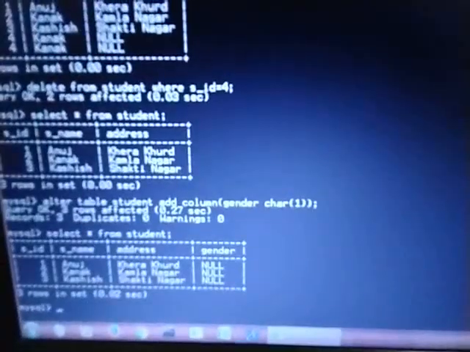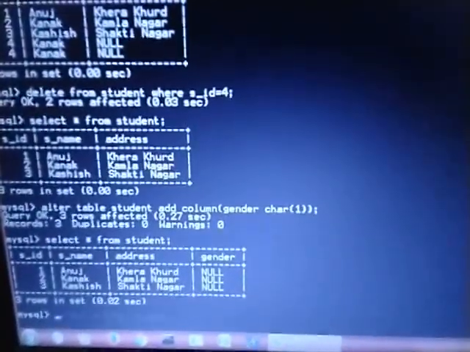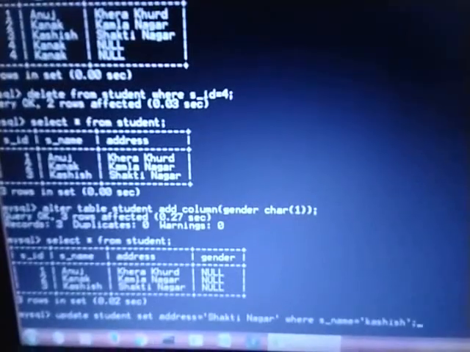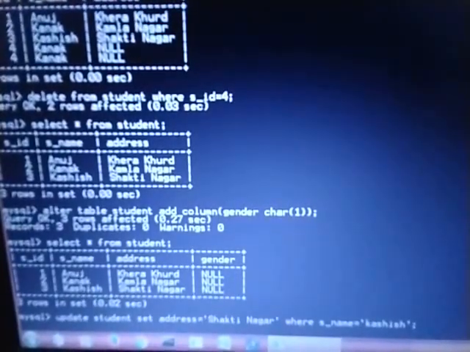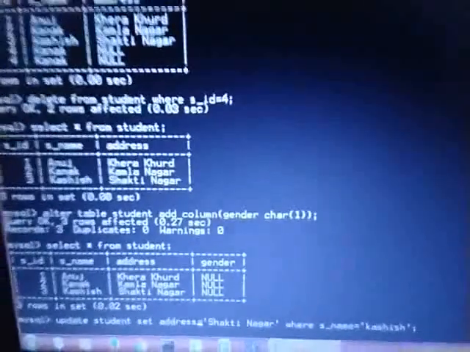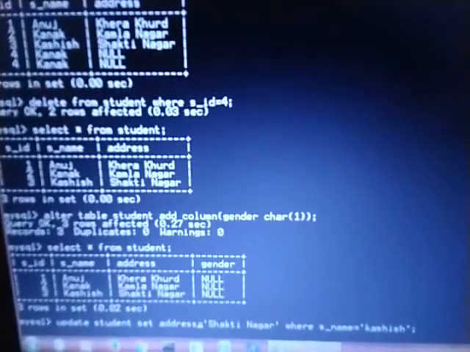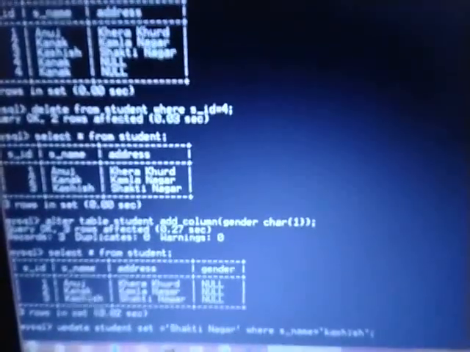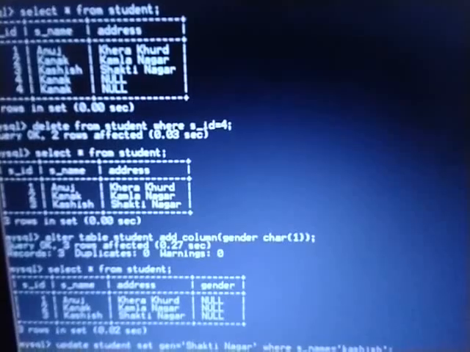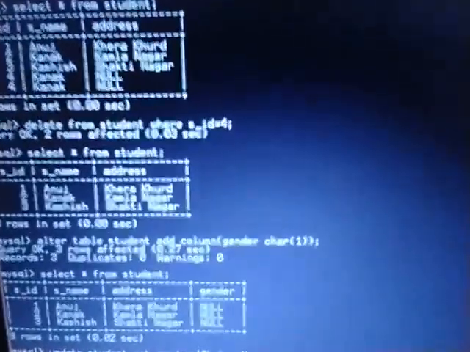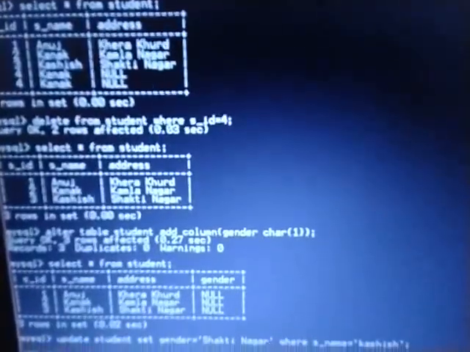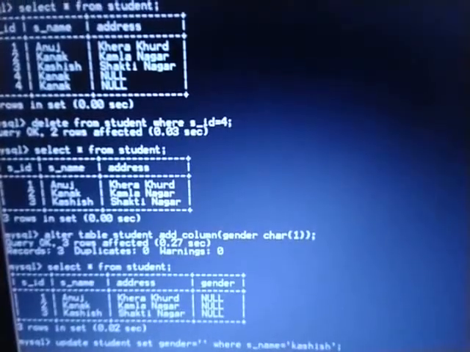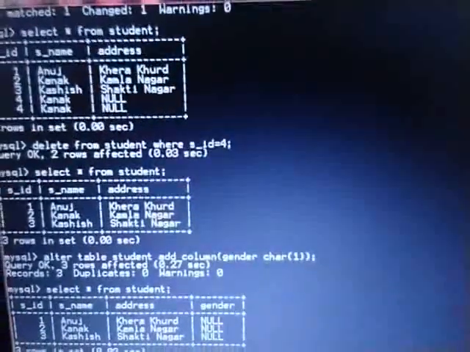So if you want to update the records, how will you update? As I told you, you have to write update student set, and instead of address you can write gender. Fine, so gender will be either male or female. That you can write in capital letters.